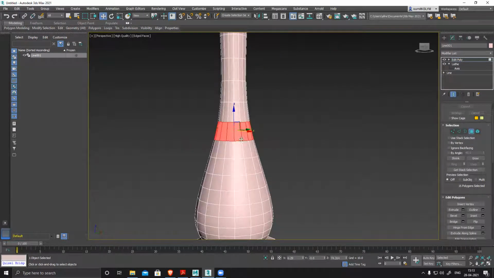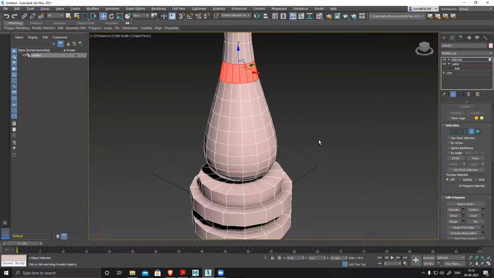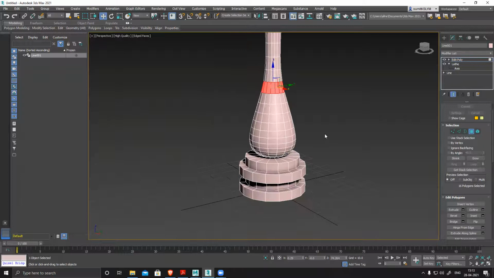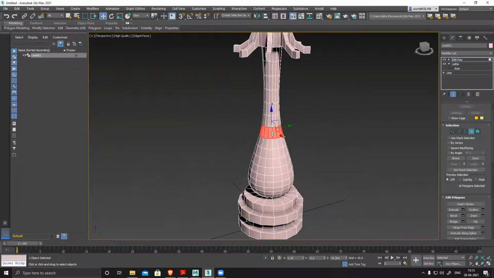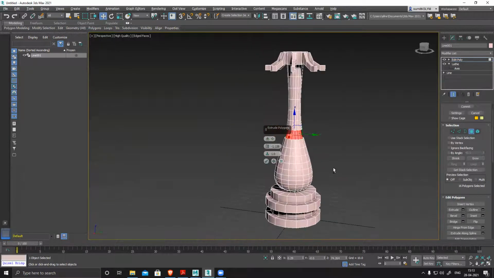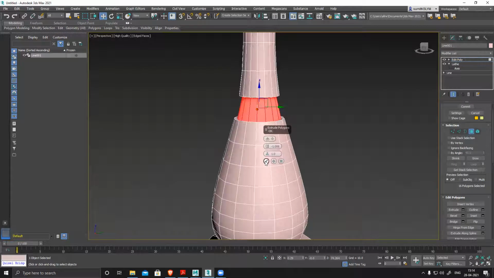Now let's see. Select this thing, or maybe I want to create something here. You can see my line is still preserved, but I'm modifying in edit poly mode, so I can modify everything here. It's too much. Okay, let's do it in inverse only.